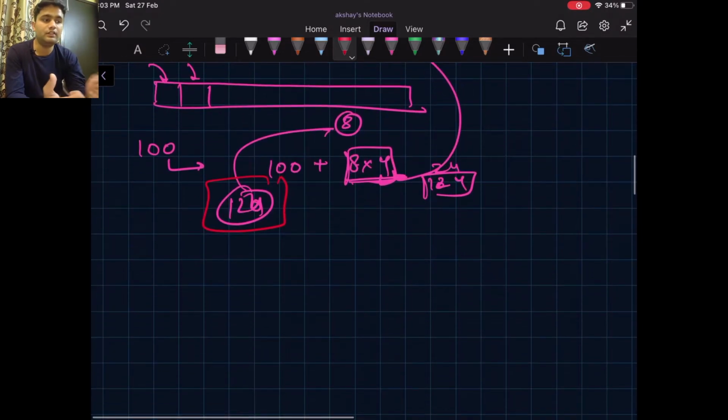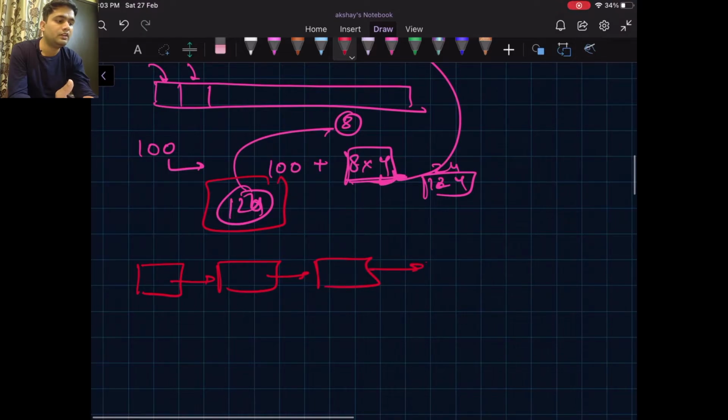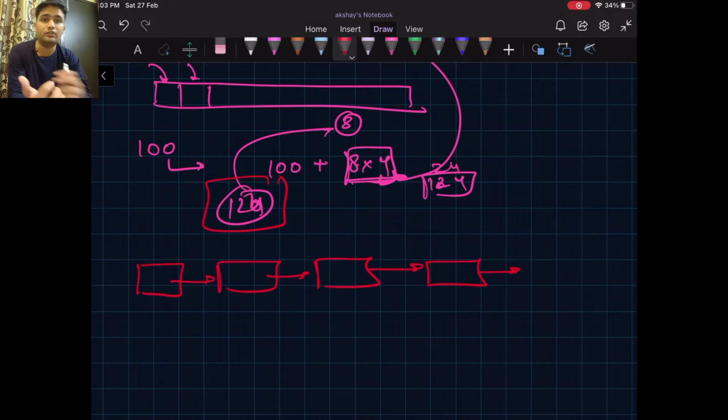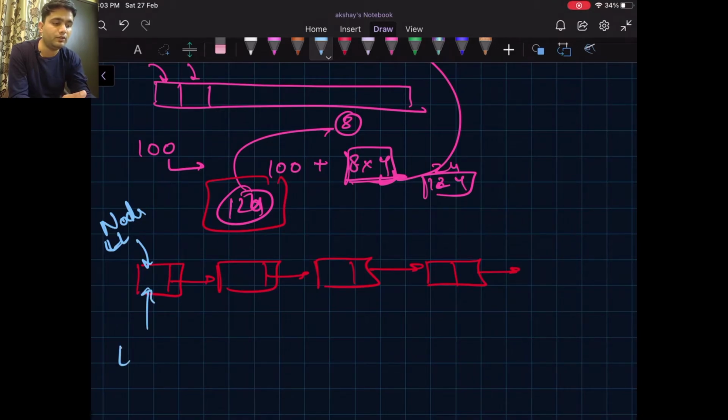Now let's consider the linked list. In linked list we don't have indexes. In linked list we have something called nodes. So a linked list contains nodes. A linked list has nodes. Please mark these terms. The linked list has nodes. So it is a has-a relationship with nodes. This particular pictorial form is basically a node in linked list, or in simple terms, let's call it LL node, that is linked list node.